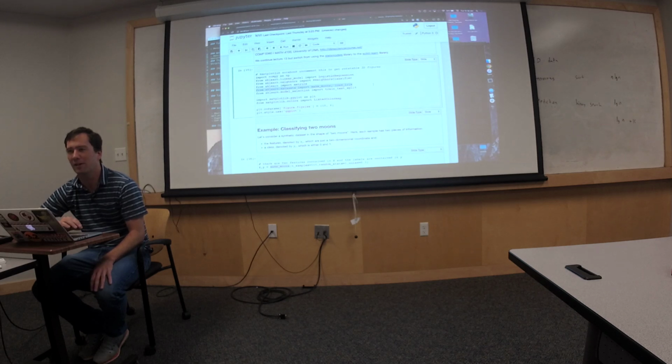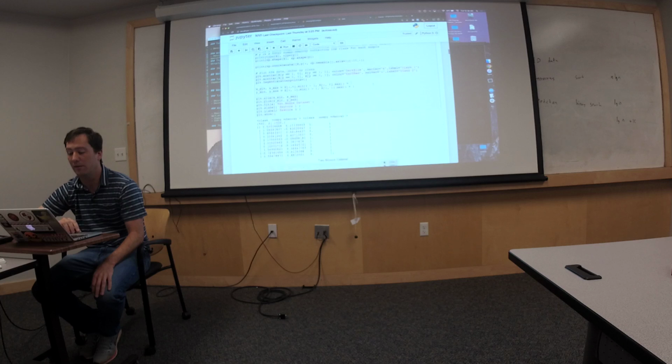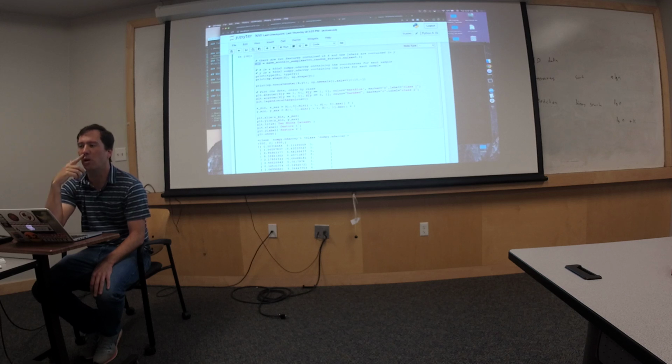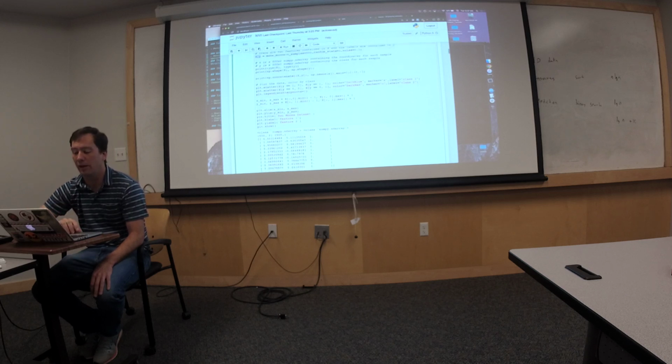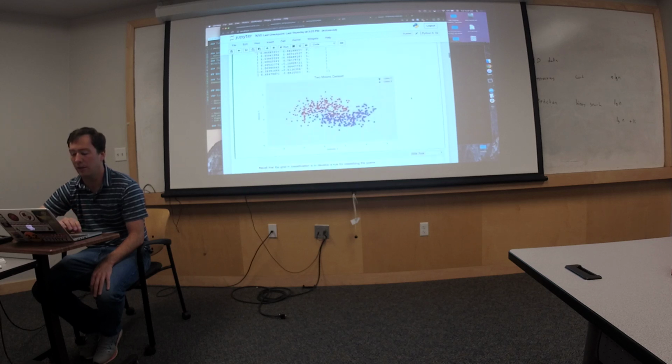Oh, here. Scikit-learn data sets, and so you can make as many of these moons as you want. It's got some sort of random seed. Here we're just making some moons. So the x's contain the coordinates of the moon, and the y contains whether it's a 1 or a 0, blue or red. So here we're plotting the class 1s as blue, the class 2s as red. And so this is what that